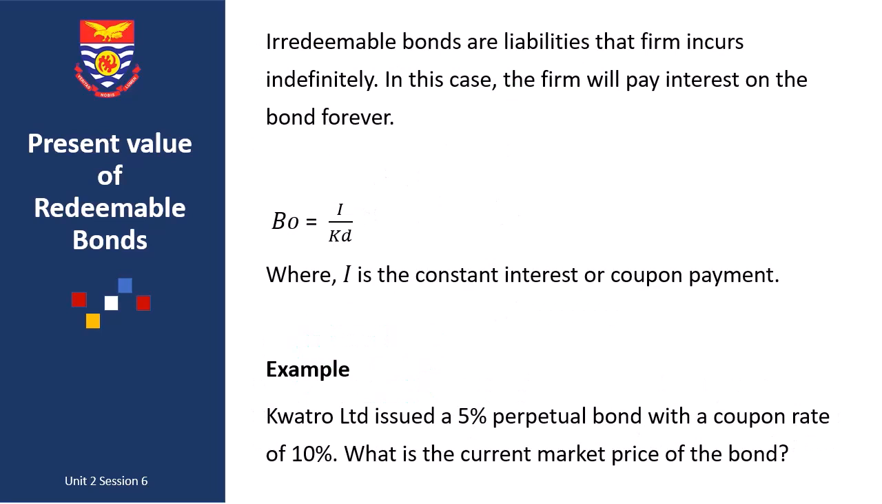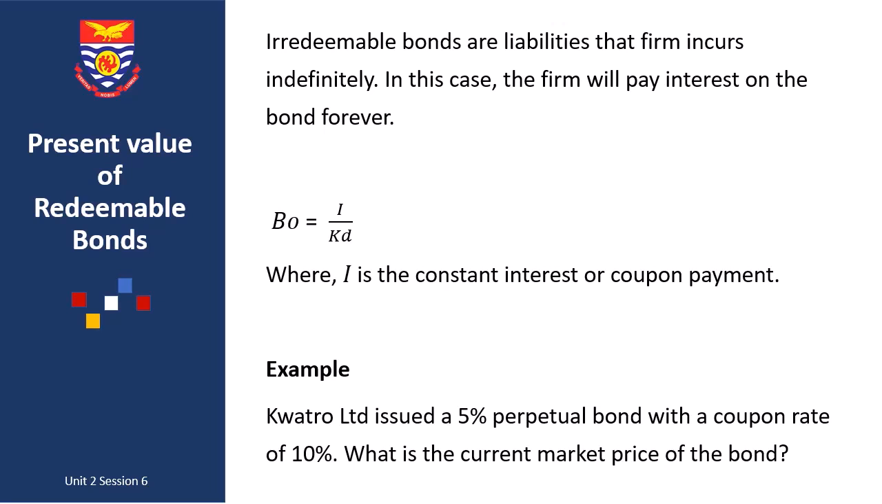Let's try with irredeemable bonds. So we have times that we have irredeemable bonds. It means that the bond is issued indefinitely, or the bond is issued forever. It means you are going to receive interest forever and ever. So where the bond is issued indefinitely or the bond is irredeemable, we use the perpetuity formula, which is the